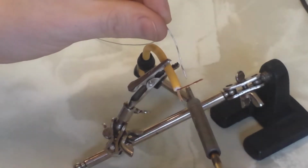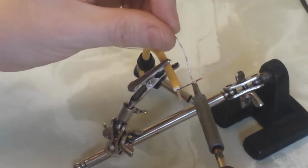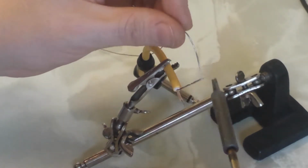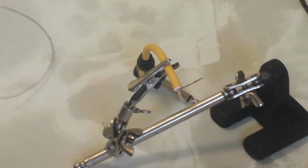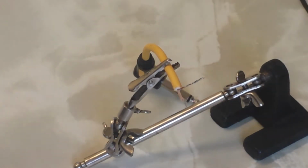Heat the cable and then apply the solder to the cable rather than applying the solder to the soldering iron, and you'll know because you can see it soak into the cable rather than just sticking to it. It's always advisable when you're applying solder to use a flux based solder, so one with the A-class flux is usually,